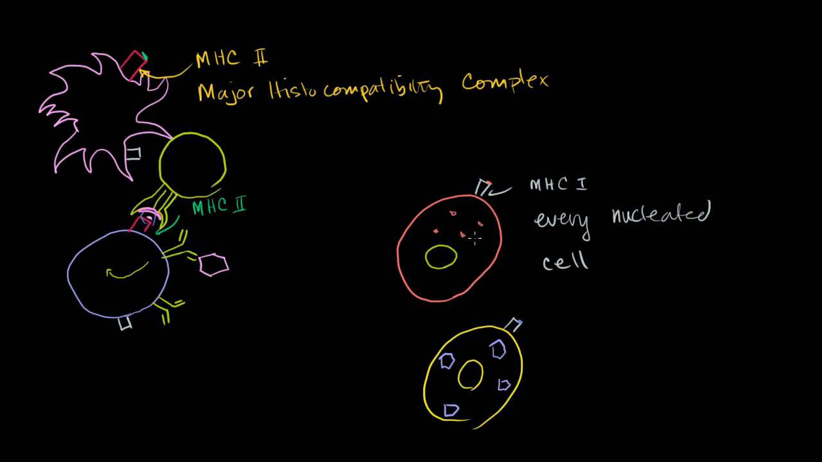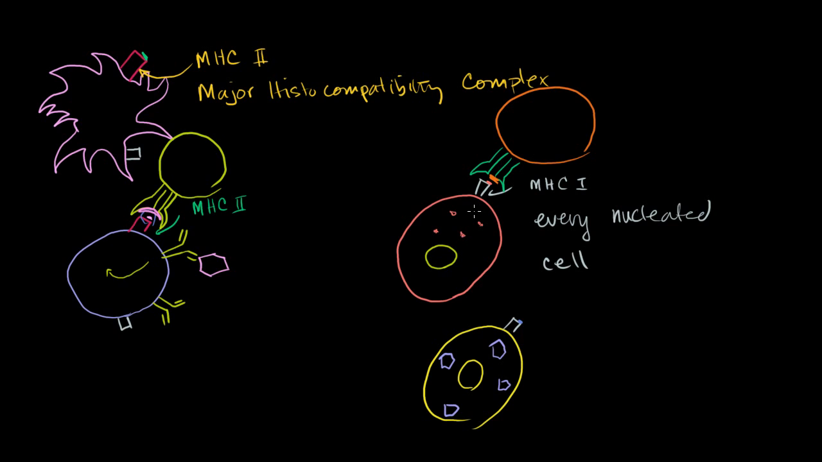With MHC1, instead of attracting a helper T cell, it will attract a cytotoxic T cell. So let me draw a cytotoxic T cell right here. Like helper T cells, the T cell receptor has a non-variable portion, but it also has a variable portion that is specific to this combination of antigen and MHC1. So maybe this